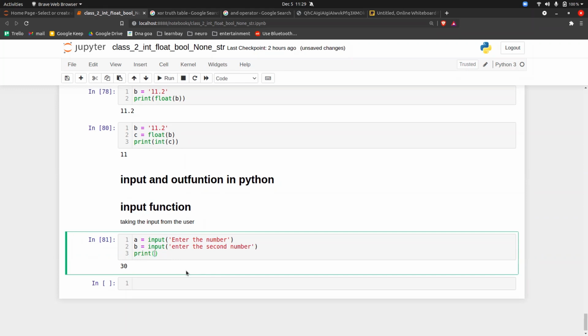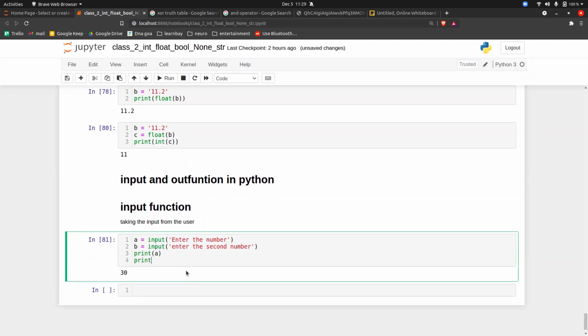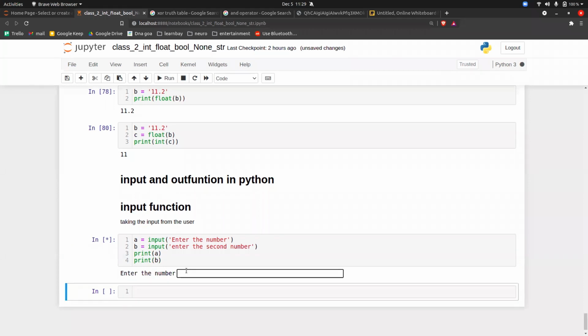If I do print of A and print of B and execute it, see, now it is asking for the number. Whatever you write inside an input statement becomes a message for the user.